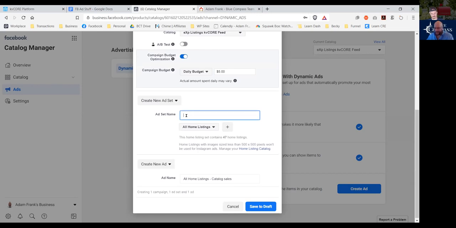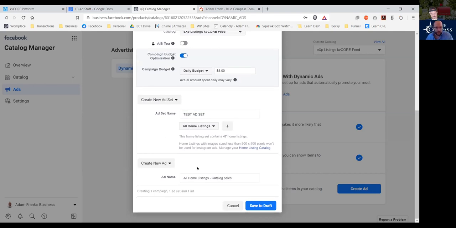You can create an ad set. You can name this as ad set. We're going to do all home listings. That's going to be the catalog there. Create a new ad. I think the next frontier will be that we'll be able to do this for specific areas, cities, price ranges, things like that. So your ad name might be